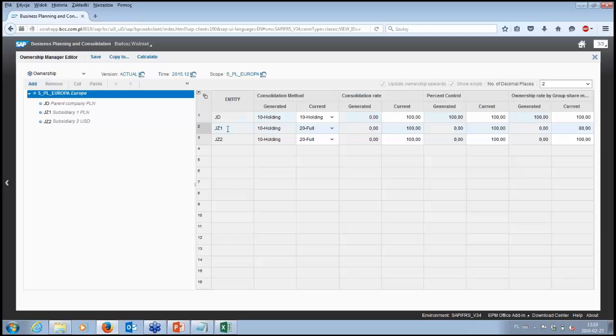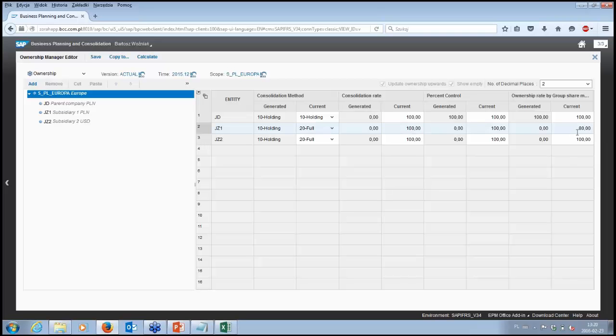And the second assumption is that we are the owner of subsidiary 1, which is marked here as an entity JZ1, but we only own 80% of this entity, but we, let's say, have full control of it. That's why we are consolidating with the full method.